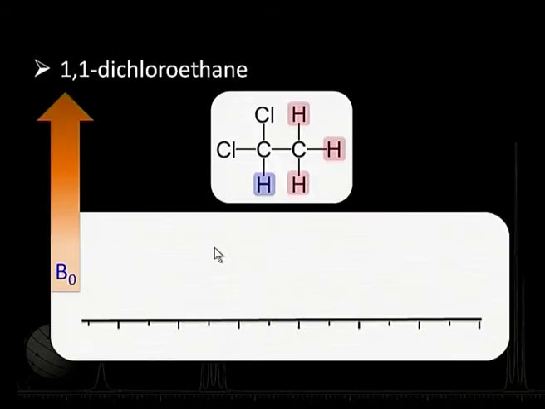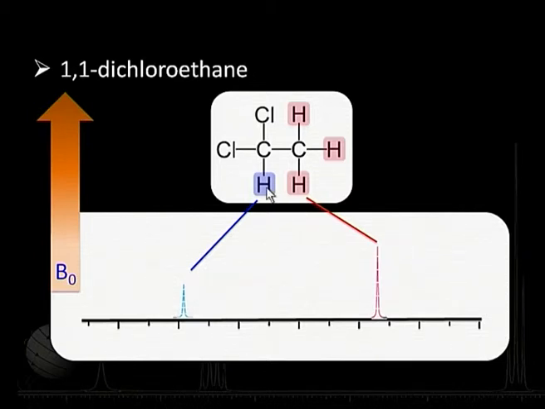1,1-dichloroethane. In this case, I have one proton as before, which is attached to a carbon atom, attached to 2 chlorine atoms, and then it is just a methyl group here now. So, all the three are equivalent protons, and then as before I have one signal expected for this proton, one signal for all these protons somewhere here. Arbitrarily I put this value here, and again the intensities give me the indication about the numbers there. This is one proton signal here, and this is because of the 3 protons here. Now, I continue with my same story.